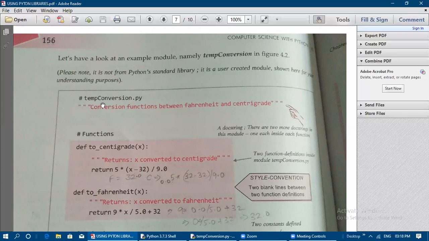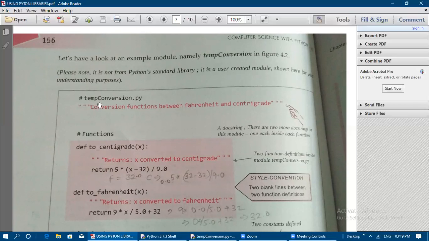So what is the module name? Our file name is indicated in this module itself as a single comment line. A single comment line is normally preceded with a hash symbol. So it started with a hash symbol, followed by temp conversion. You can see the spellings and the small and capital letters also.